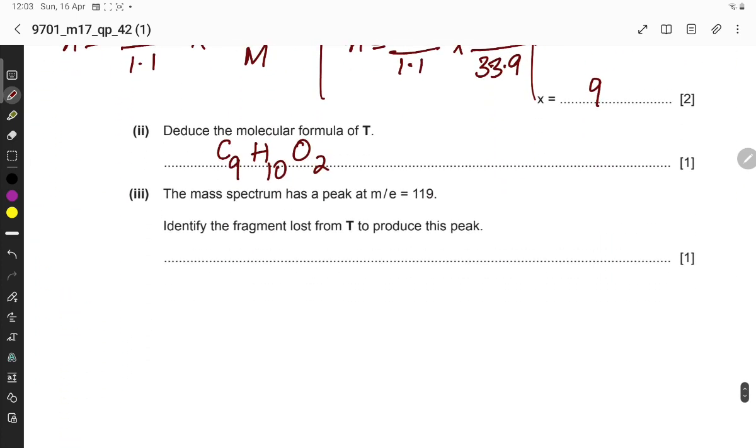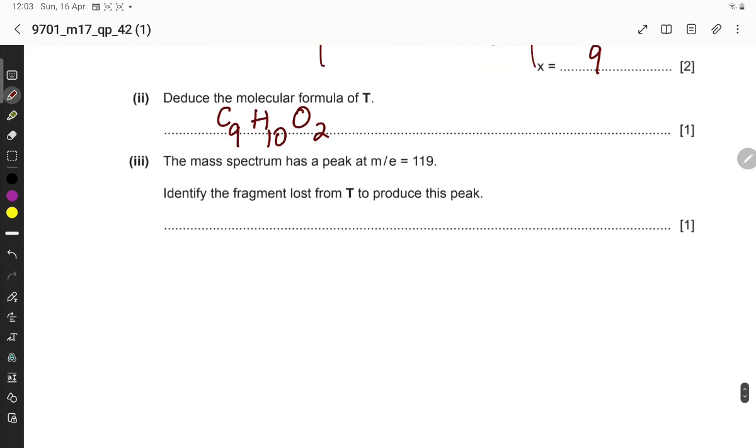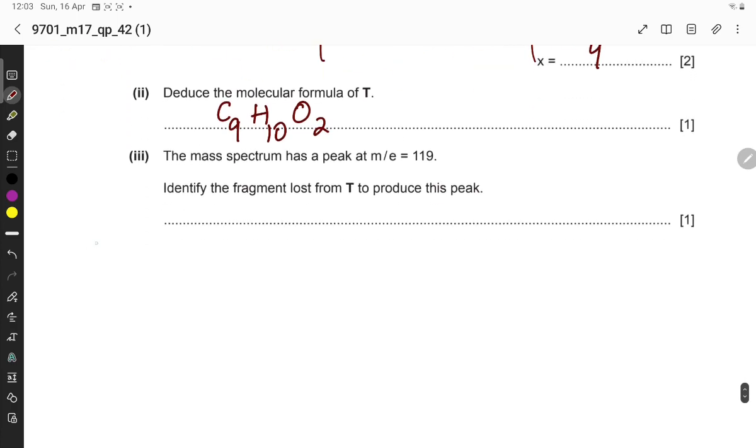We identify which fragment is lost from T to produce this peak. We have C9H10O2. This is a carboxylic acid, and you know that carboxylic acid and ester